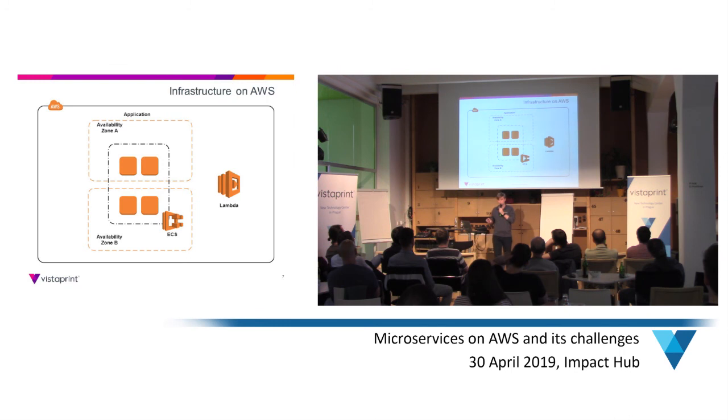I put just a couple of examples of infrastructure. There is a huge variety of infrastructure you can use for your microservice. In my example on the left, we have ECS with EC2 instances. So basically you provision EC2 instances, which are Elastic Compute Cloud from AWS. This is sort of a VM, proprietary to AWS, and you provision these resources to run your Docker tasks on top of them. This is quite conservative